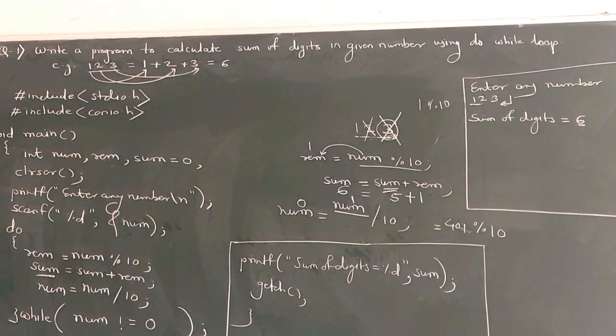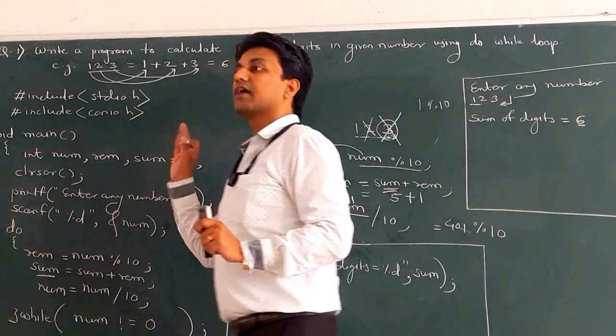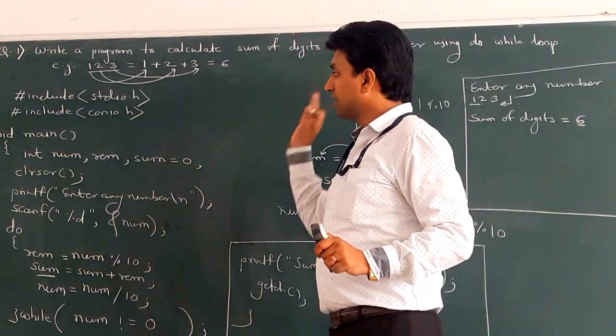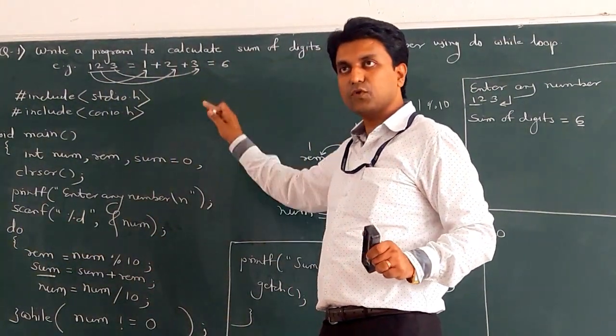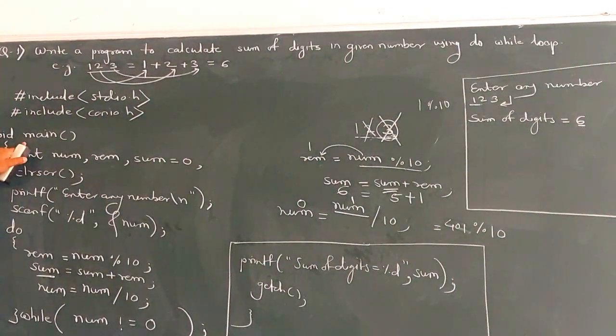So now we can manually debug the programming code. Save this program as sum of digits.c, compile it and run it. Next, when this program is running, what is the execution? The program starts executing from main. After that, how many variables are there?